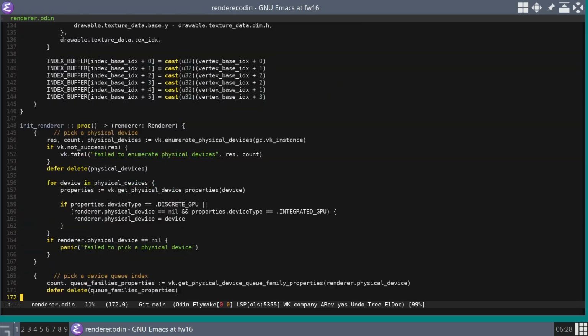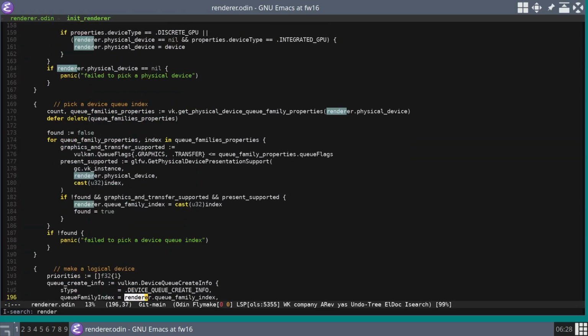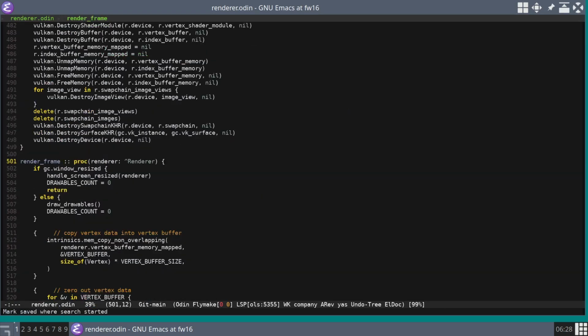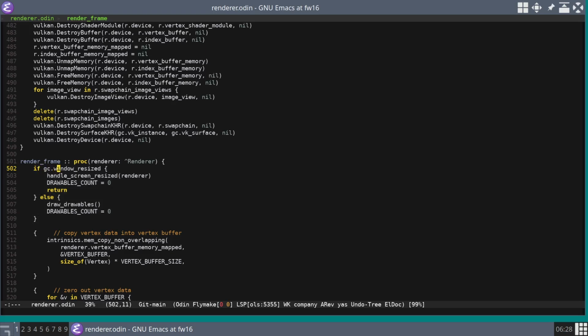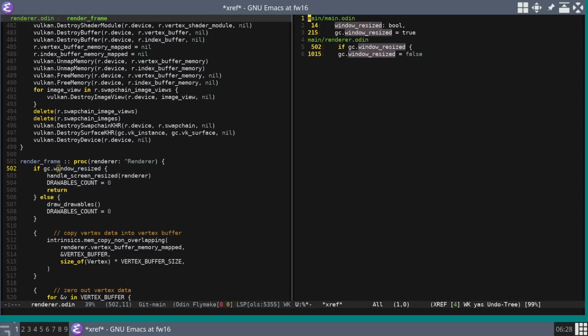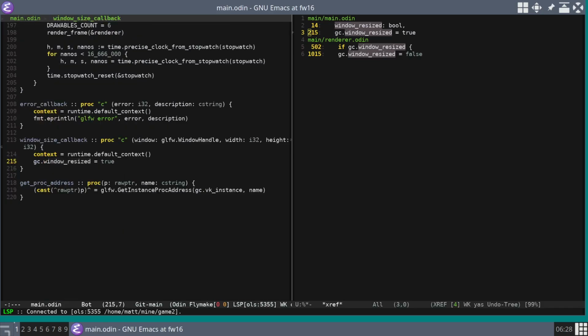Alright, so do we have a thing called render frame? Got render frame. So this was my hacky fix, right? We have something on our global context, which I think is being set by a callback that we pass to GLFW. Yeah, so GLFW takes this window size callback,